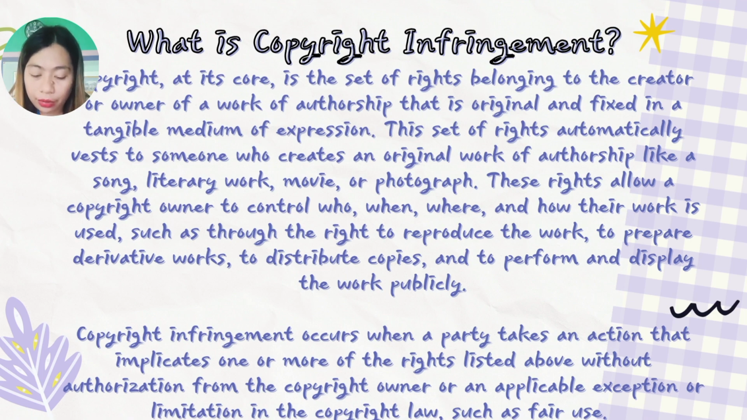These rights allow a copyright owner to control who, when, where, and how their work is used, such as through the right to reproduce the work, to prepare derivative works, to distribute copies, and to perform and display the work publicly. Copyright infringement occurs when a party takes an action that implicates one or more of the rights listed above without authorization from the copyright owner or an applicable exemption or limitation in the copyright law, such